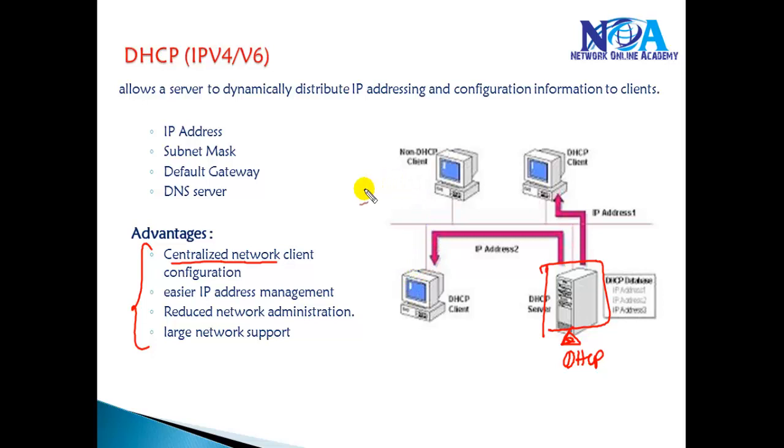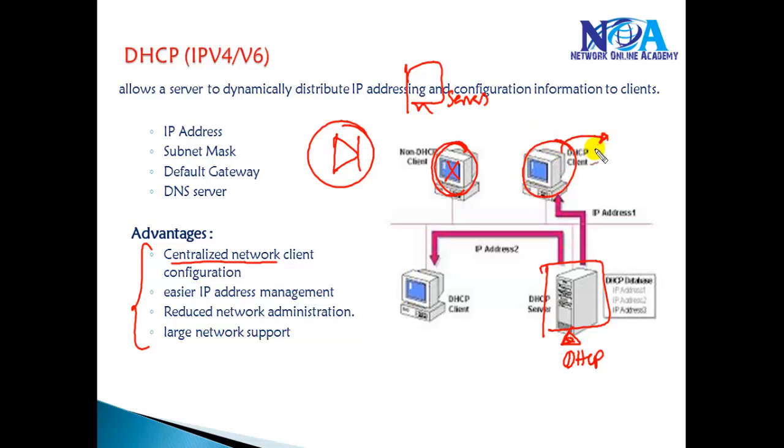There are some devices for which it is not recommended to use a DHCP client, let's say a router, or firewall devices, or servers, because when you're using a DHCP client, there is no guarantee that every day you will get the same IP address. There are some features where you can bind specific IP addresses to the MAC, but for special devices like routers, firewalls or servers, we ensure that they use a static, manual IP address. Mostly all your normal end user computers, where it doesn't matter what IP they are using, as long as they are able to connect in the LAN and share the resources, can use DHCP.